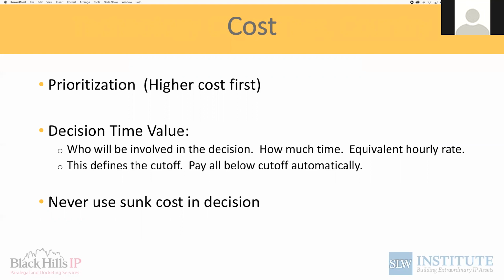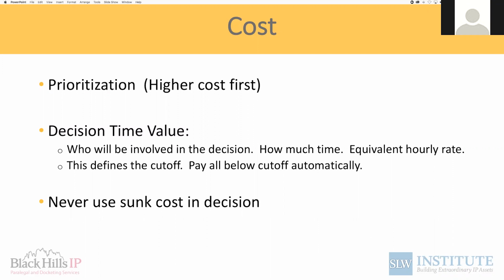Next, one of the things that's worth taking into consideration is the value of the decision time. So figuring out who's going to be involved with the decision, how much time on average that decision will take, and then it's just a matter of doing the math to determine a cost to that decision. So if you've got an attorney and a couple of engineers and a patent engineer that have to go through to make a decision on a particular patent, figuring out the equivalent hourly value of their time and rolling that up to a cost on a per patent basis is a good place to start,